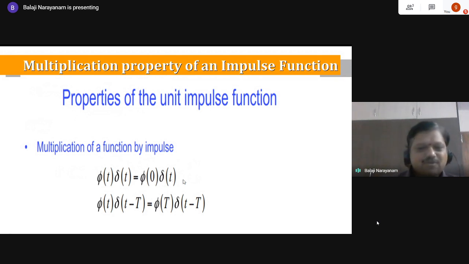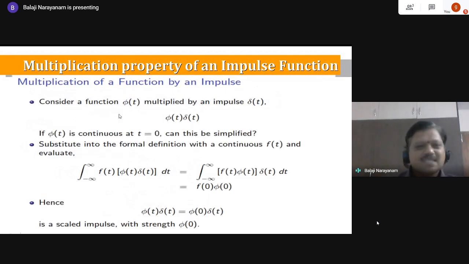Let us try to understand this particular function, how we got the multiplication of phi of t delta of t as phi of 0 delta of t. Here you consider the function phi of t and multiply it with an impulse delta of t, which is given by phi of t delta of t, and phi of t is continuous at t is equal to 0, and we apply the equation integral minus infinity to infinity